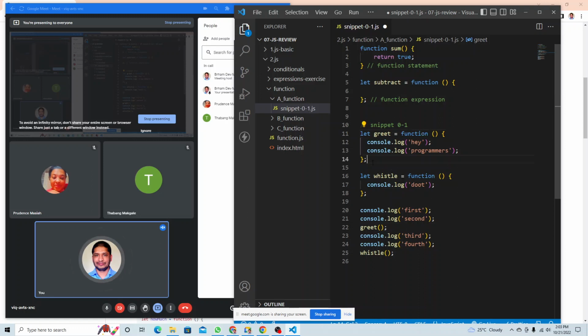So in function, as I explained before, right, function is, one second guys, just lock the door,